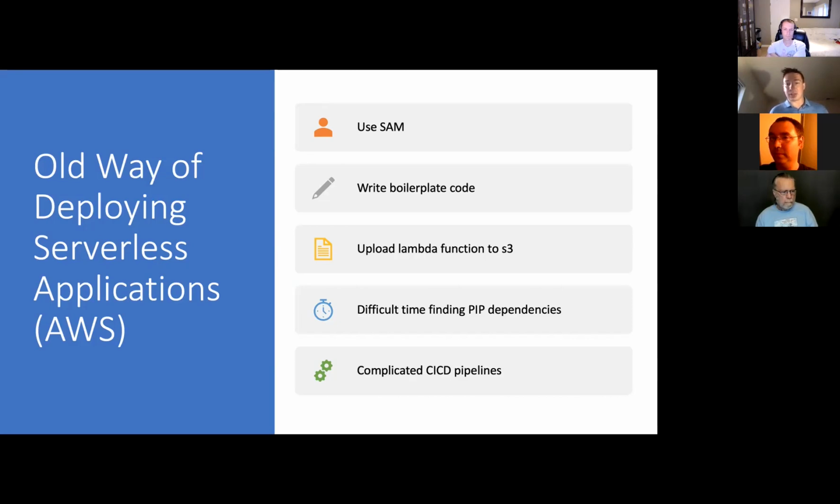And usually once the Lambda function got above a certain size, you would have to upload it to S3, zip it up, and trying to get Python dependencies or pip dependencies was a little bit of a nightmare. There was stuff that was part of a native operating system, but just wasn't in Lambda, and trying to port it and move binaries, it was a mess. You can still do it this way, but I don't recommend it. I have done it this way, but I'm going to use the serverless framework every time I can when I need to write a Lambda function, because I don't recommend using SAM or a previous way of deploying Lambda functions.